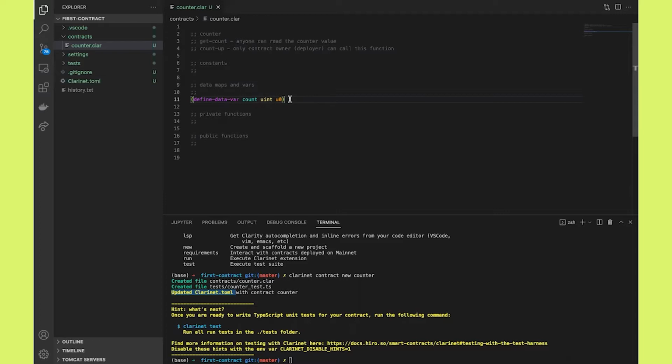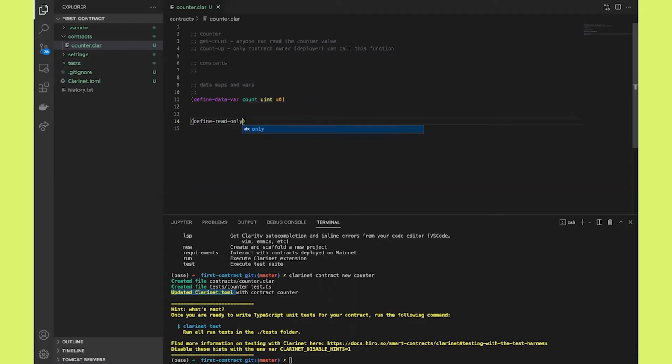Now, hopefully, with practice, you will get comfortable with all the parentheses, and you will see how simple it becomes when you're writing. There is some sort of simplicity and clarity in the Lisp language. So, okay, moving on to the first function. This is get-count. If I want to read this count value from on chain and find out what the current value is, I'm going to remove this and write